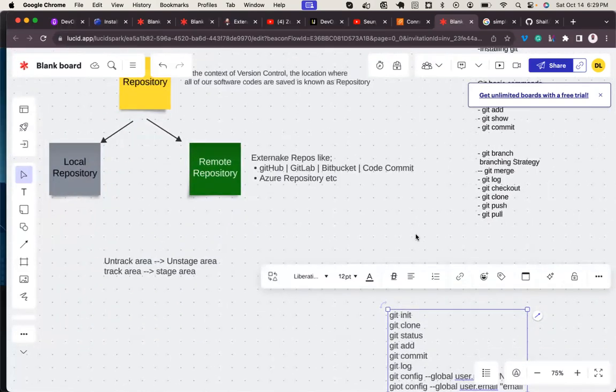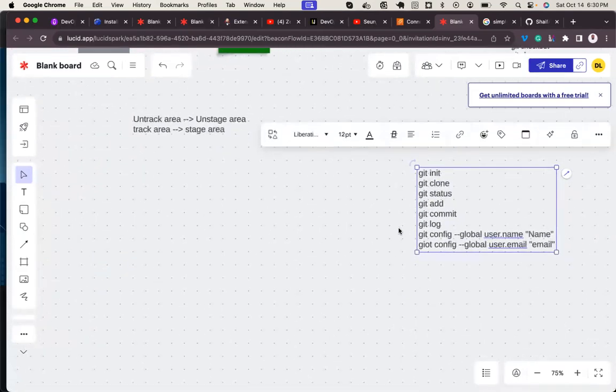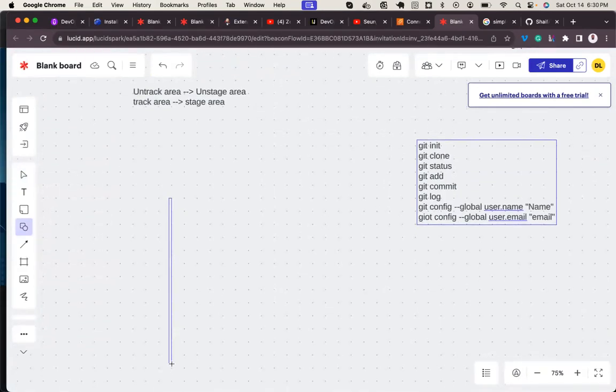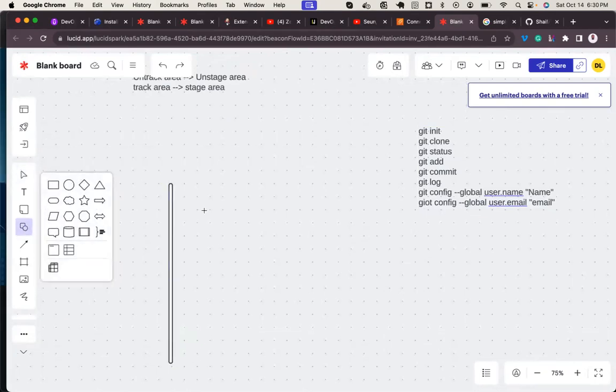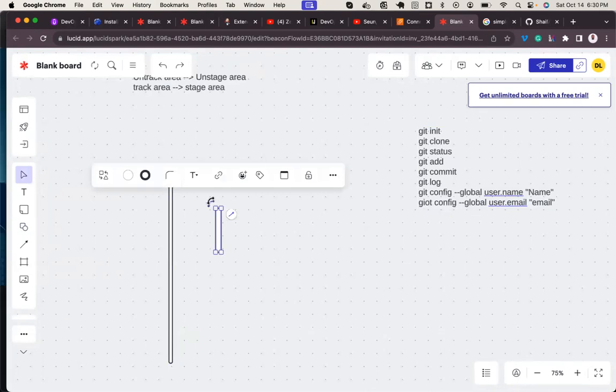So branches are like, remember the shape of a tree.